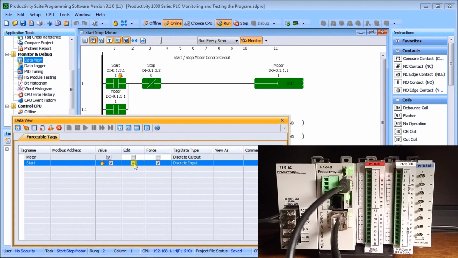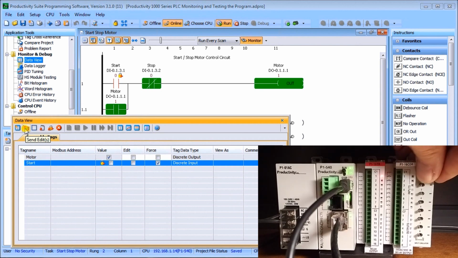So then when we hit edit again and then hit send, it turns it off. Again, it's a forced off, so no matter what I do with this switch, when I turn it on, it's still going to be forced off. As you can see here, my switch is on, and my indication light here saying that it's wired, it's on. However, my logic here is keeping it forced off